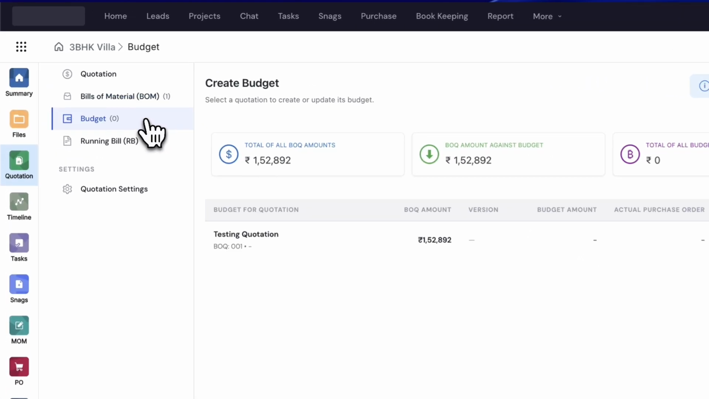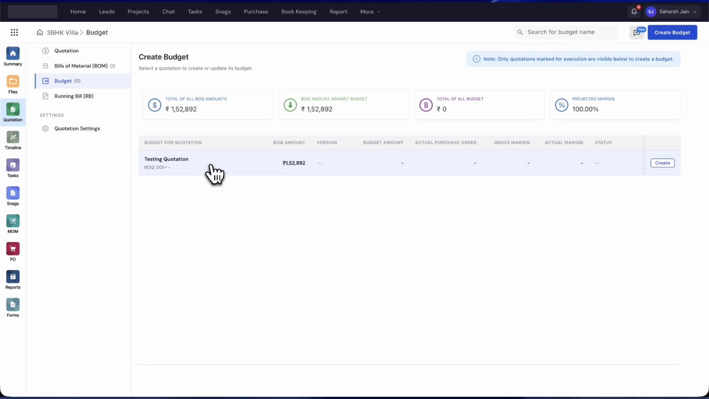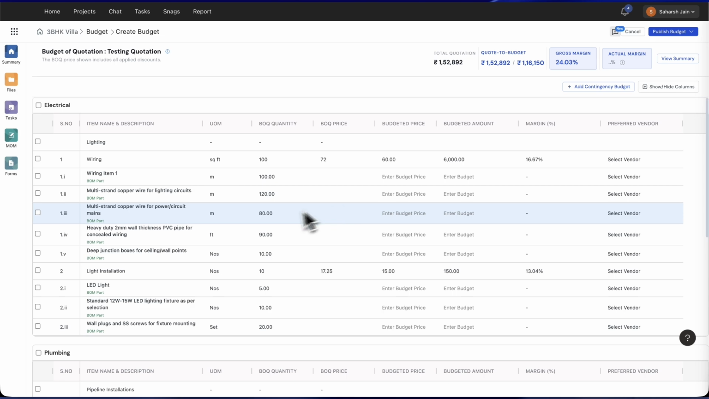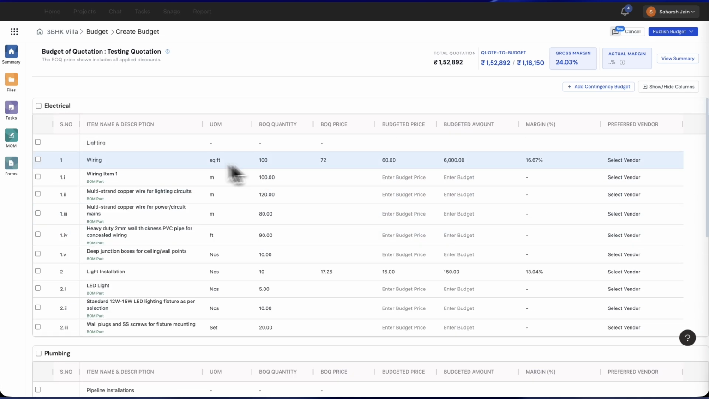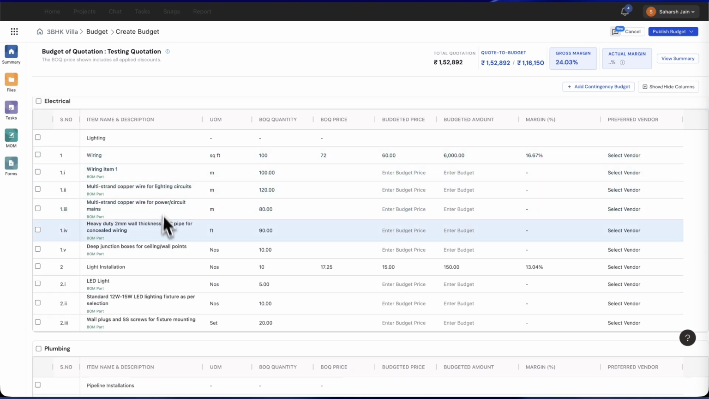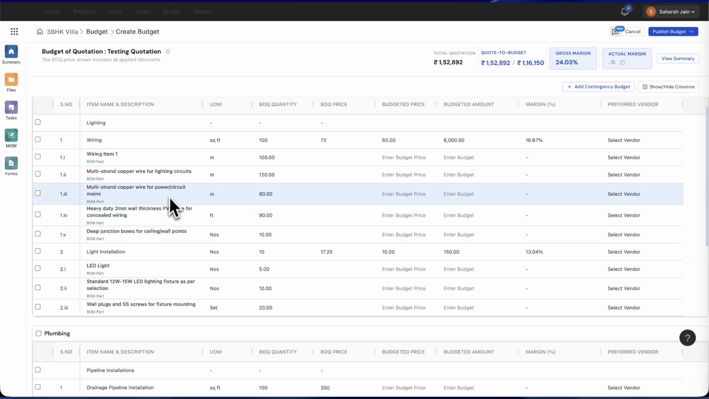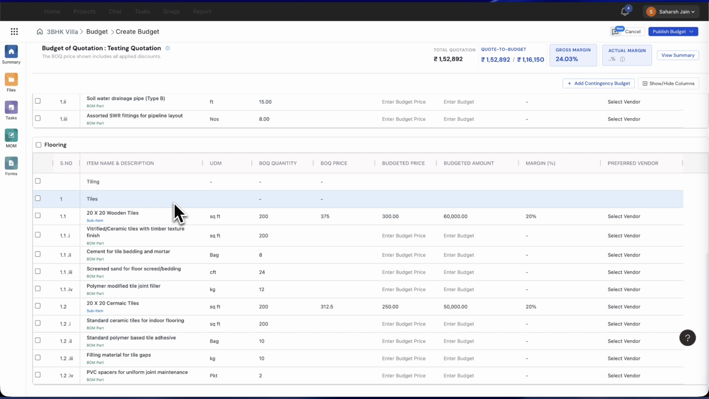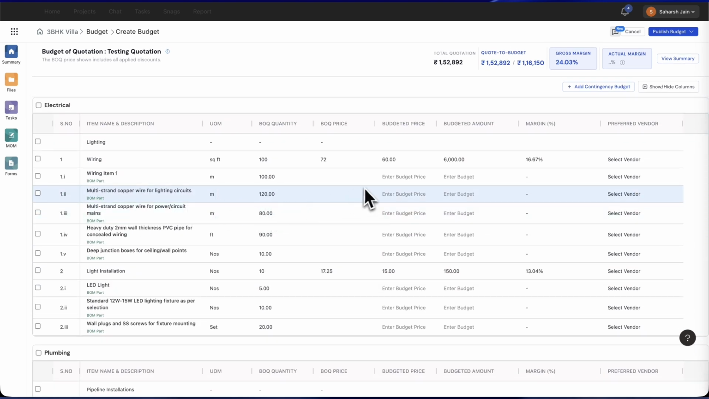We go to the budgets tab, we see the testing quotation, that is BOQ001. When we click on create, it lists the entire item, right, that we have added. Let's say wiring, the BOM part items, and everything has been listed over here. Now from here we can directly select the budgeted price, the BOQ price for each item. So assuming that